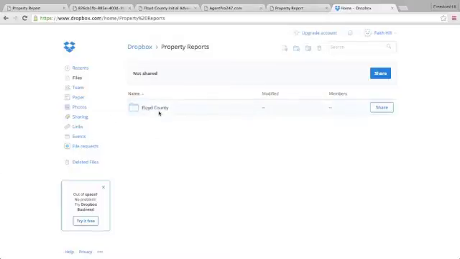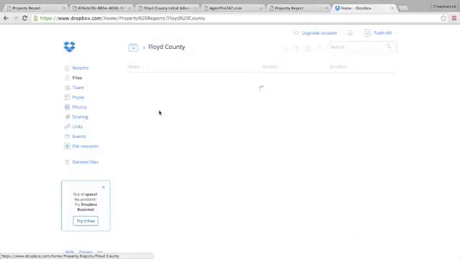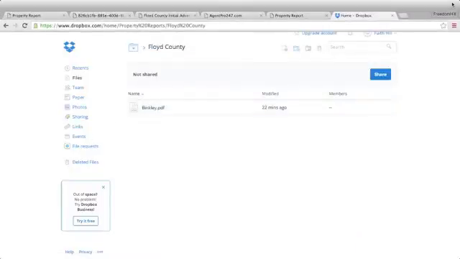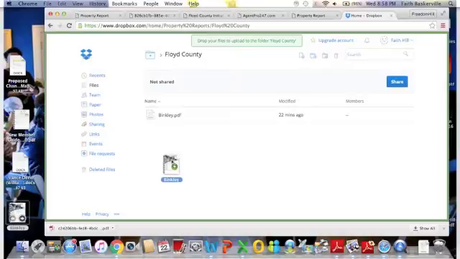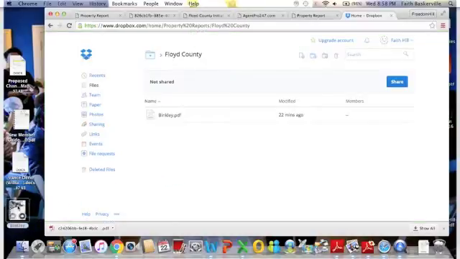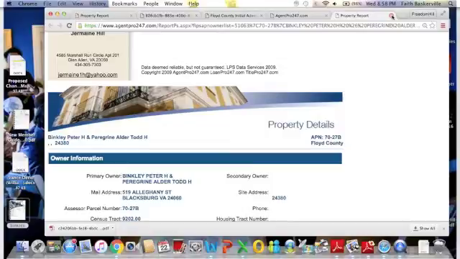And have set up a folder for the county, Floyd County. And you'll see actually I already previously dropped a copy in there, but I just take it from my desktop and drop it into Dropbox so that we can save it for future reference. All right, so now that we have that property report saved,